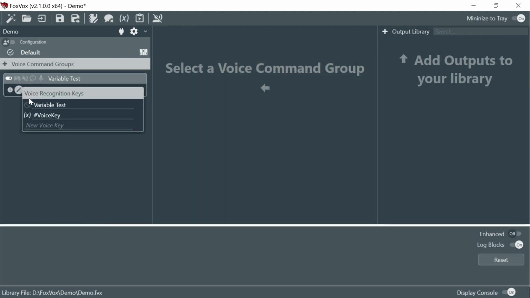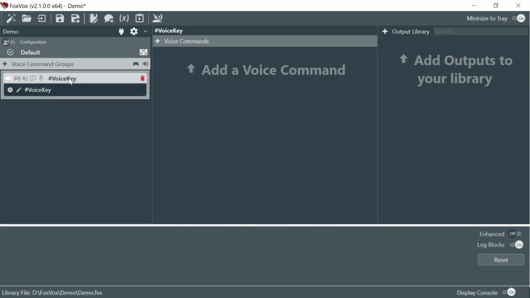So now when I go into the voice recognition, on this variable test, I've got... actually, I put that on. We want to call the name of the key. Variable test. Okay, so we've got one command on here, which is our voice key variable, which has the voice keys 1 and 2. So if I go ahead and turn on my voice recognition,